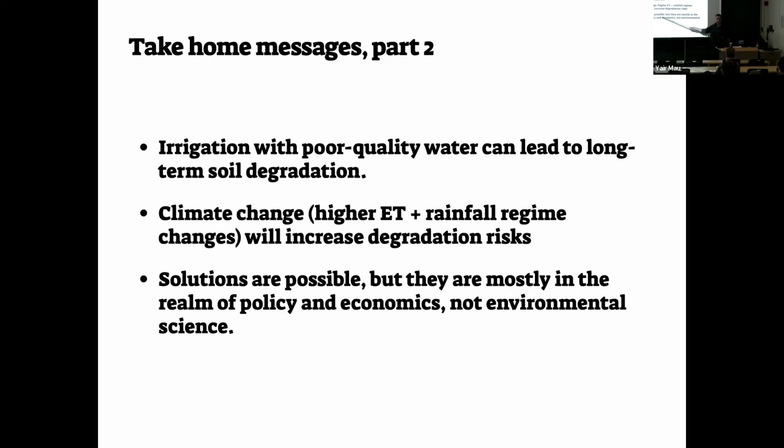So solutions are possible. Of course, I could easily make the irrigation water quality better in the simulation. But what does that mean in real life? Do farmers have access to this kind of water? Or will you build a desalination plant so you can mix water from here and from there? So all those are policy and economics questions, which I did not touch, but for sure they will influence the outcome. We believe that richer regions such as California or Israel will be able to cope and adapt. And what will happen in other areas that I showed in the graph is less certain.